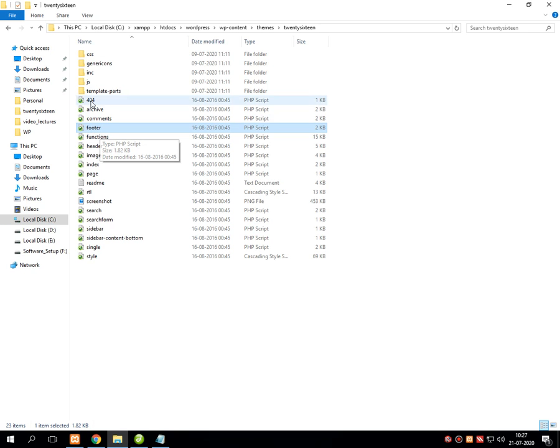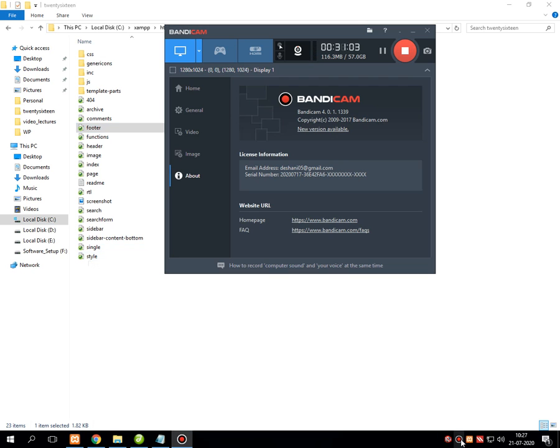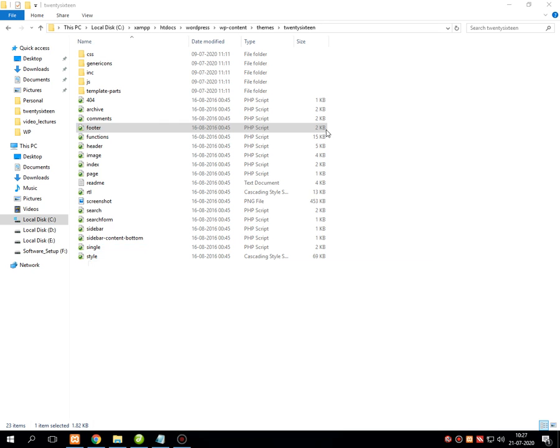Still, some of the files are pending that we are going to have a short look at, each and every file, in other sessions where it demonstrates the exact functionality for a specific type of files.